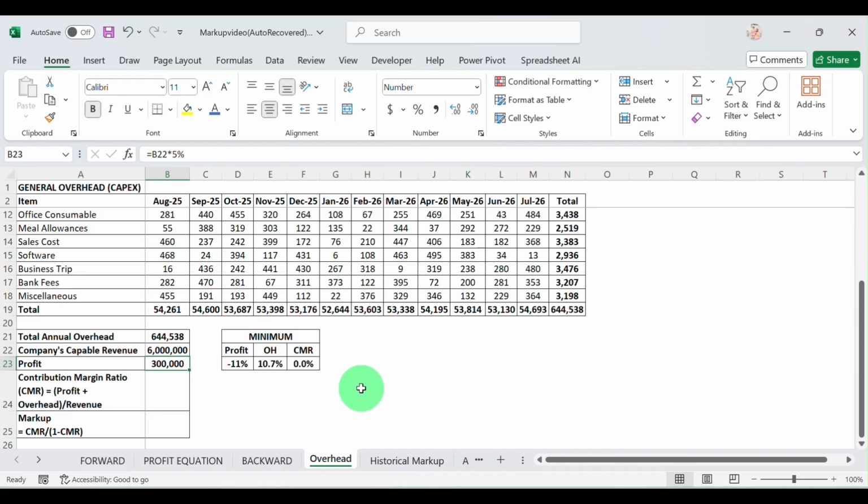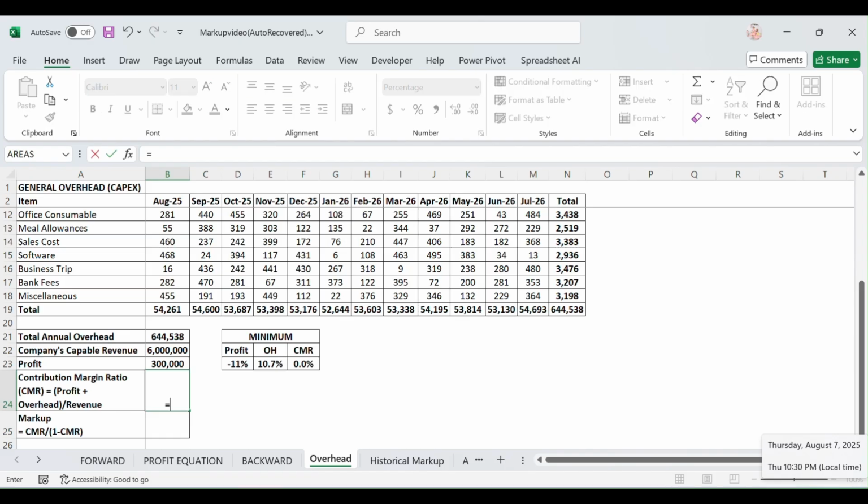We may remember the formula: contribution margin ratio is equal to contribution margin divided by revenue. So I already made a Visual Basic formula here. I just put equal CM ratio,